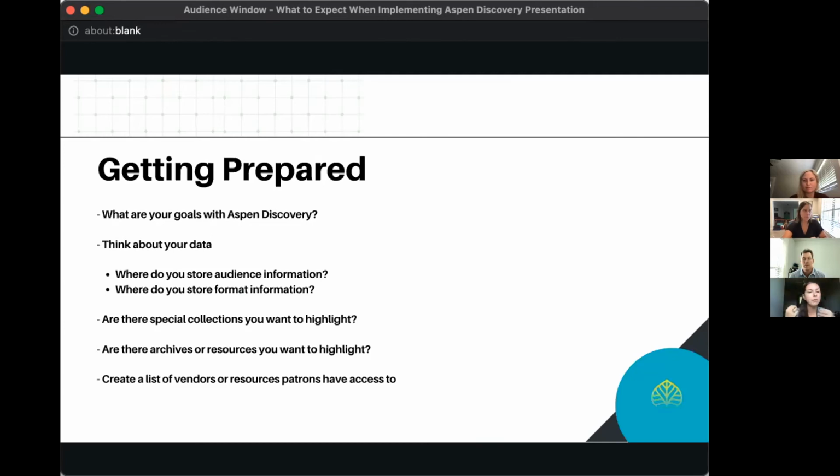But I would say if you do want to go ahead and start getting prepared, you can ask yourself, what are your goals with Aspen Discovery? Are there particular things that you want to absolutely make sure your patrons have access to in Aspen? Definitely think about that. I would also say, think about your data. Do you know where you store audience information? Do you know where you store format information? If you definitely know where that lives, if you can talk to your catalogers about that, then that definitely makes,